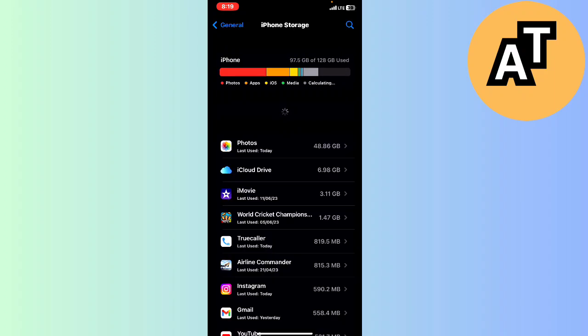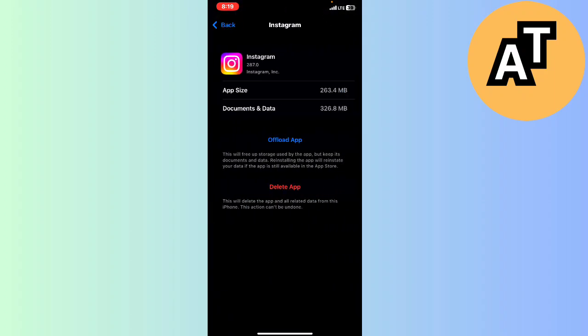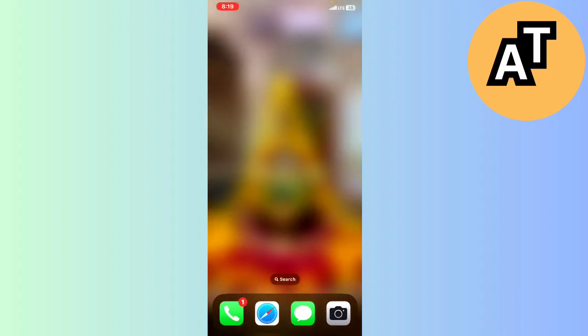So you will just have to select Instagram from these applications like this. I will select Instagram here and then you can offload the application from this setting. It will delete all the caches and all the data from your Instagram application and force it to shut down and refresh. So whenever you refresh that application, you will see that the reply option is available again on